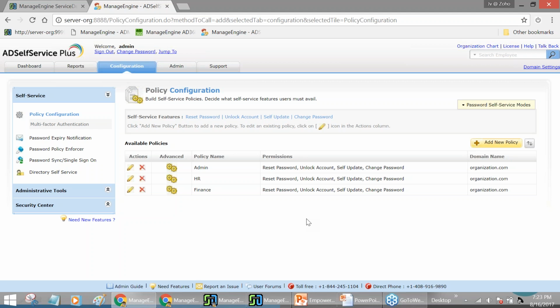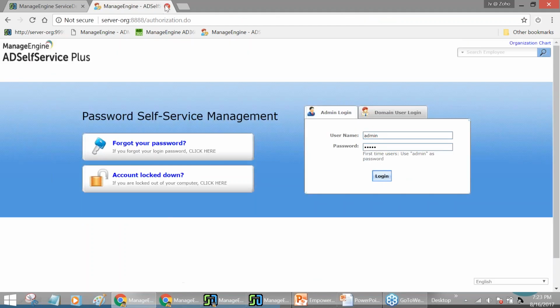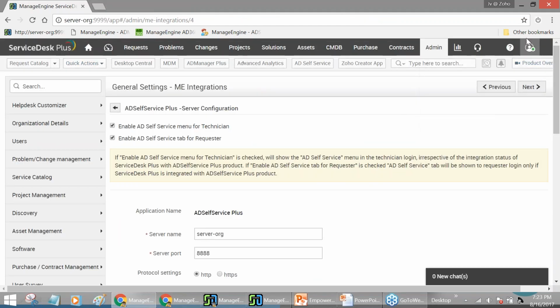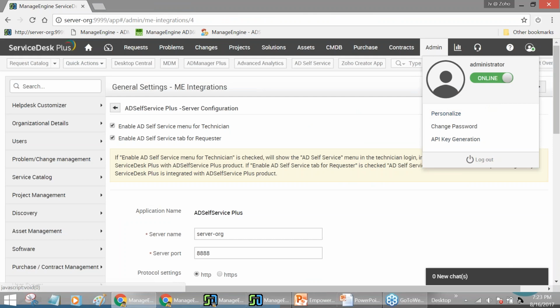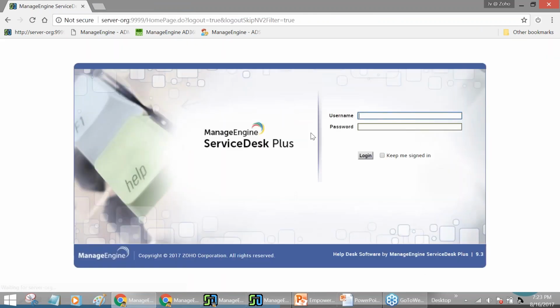for which I will have to log in as a user. So let me quickly log out of the AD Self-Service Plus portal as well as my ServiceDesk Plus portal. So now I am back to the ManageEngine ServiceDesk Plus portal. What I'm going to do now is try to log in as a user. So I'm using my own credentials today to log in,